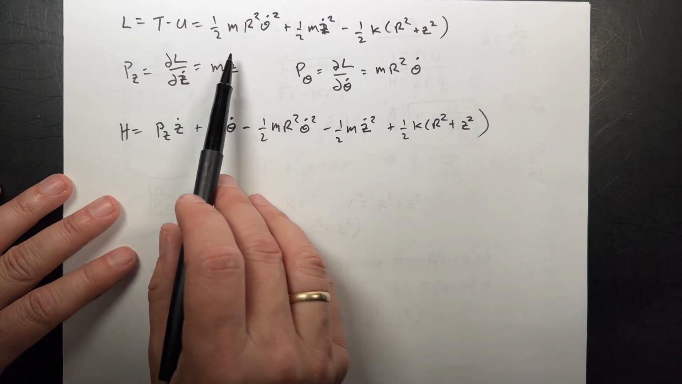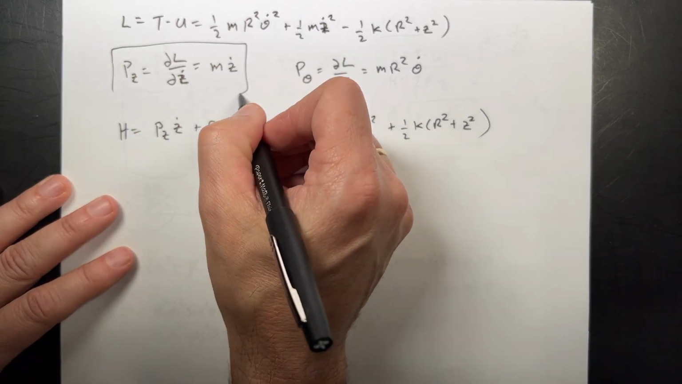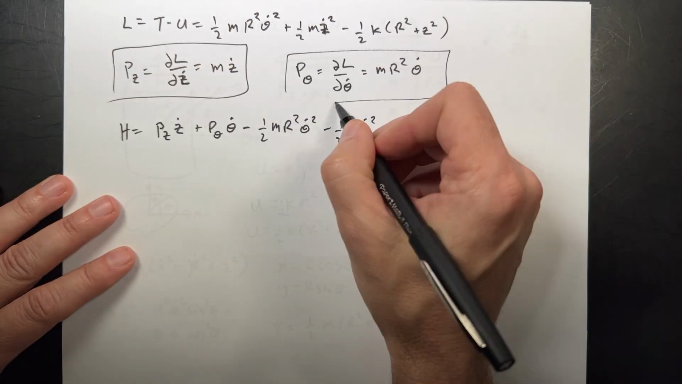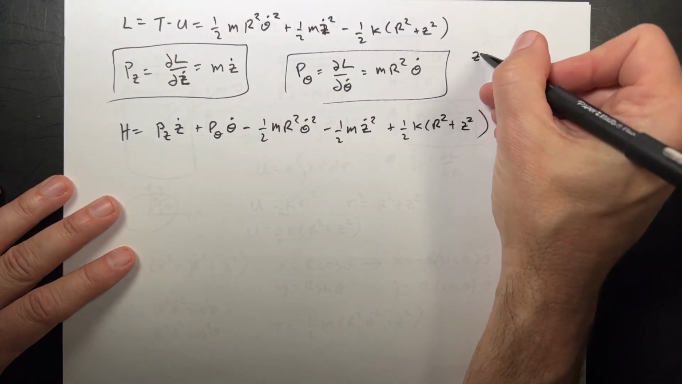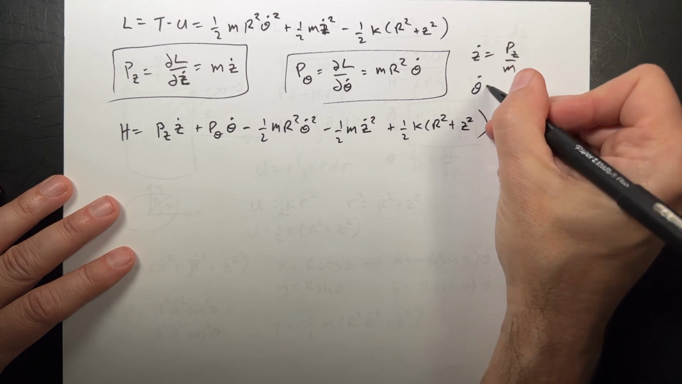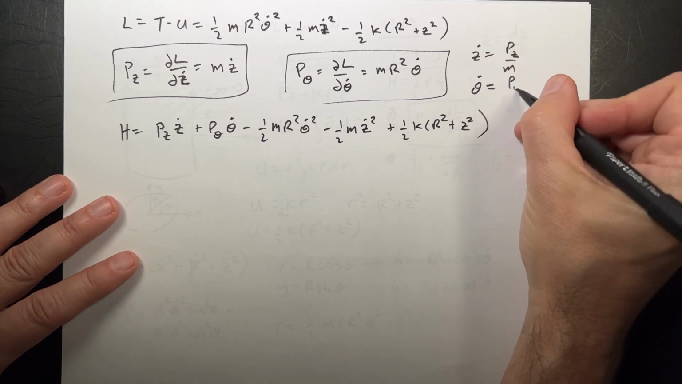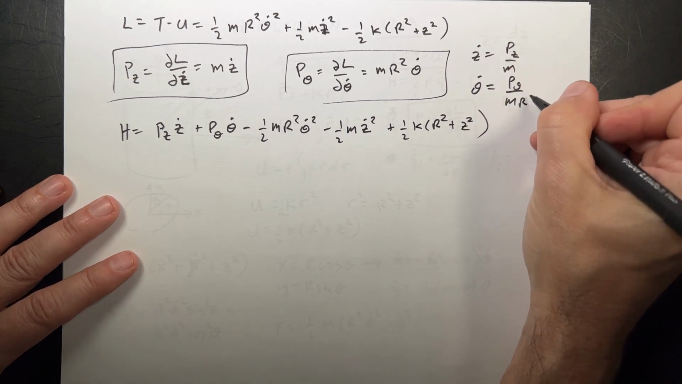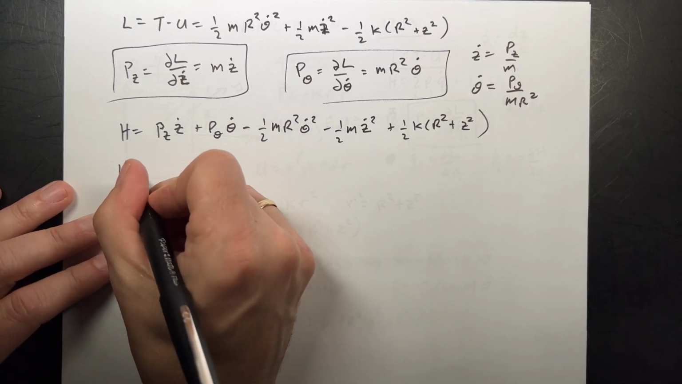So I can use up here these definitions to solve for the dots, right? So from this, I get z dot is equal to p z over m. Theta dot is equal to p theta over m r squared. So if I put those in, I get H equals